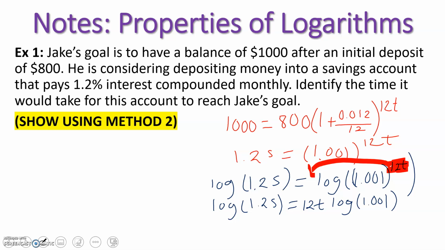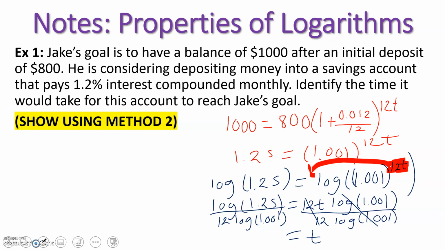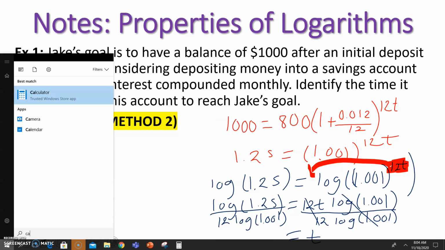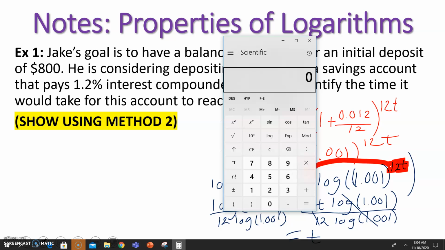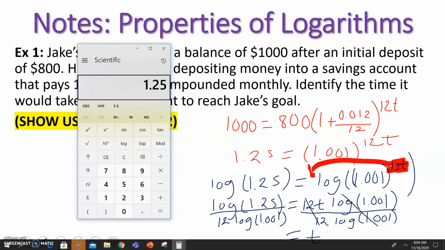So ultimately, remember, we're trying to get t by itself. So let's divide by everything that's not t. So we're going to divide by log and 12, log of 1.001 and 12, simultaneously at the same time. Cancel, cancel. So all we have left is t is equal to whatever this comes out to be. So you'll notice that it's basically the same as the other one. So we have our 1.25 log divided by our, in parentheses, 12 times